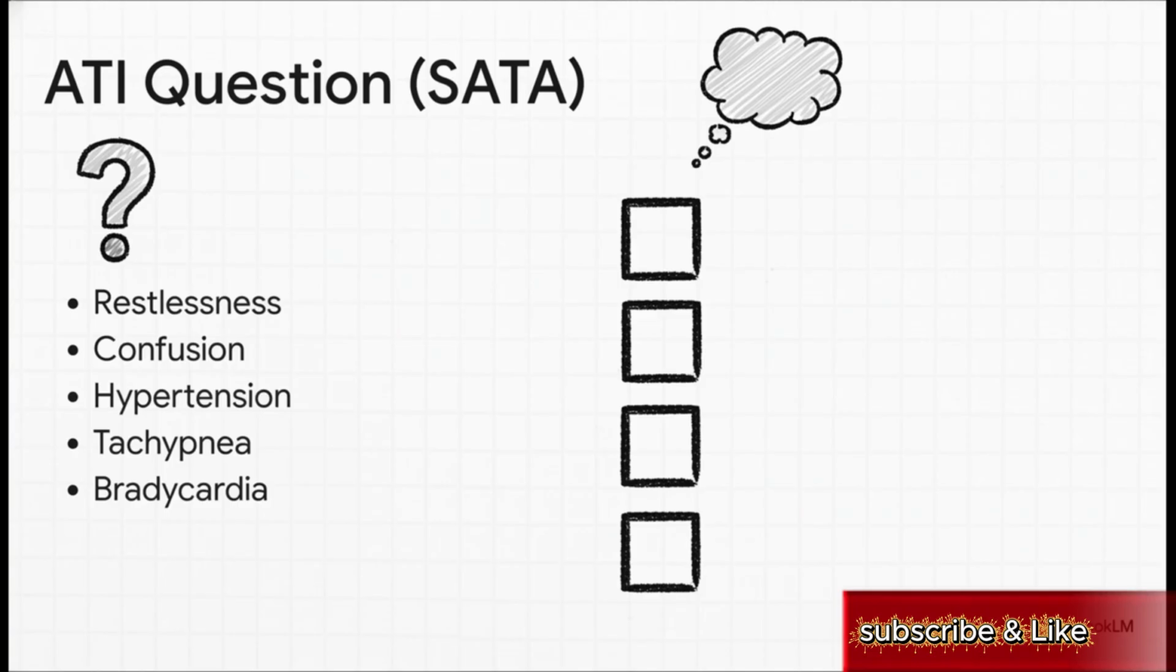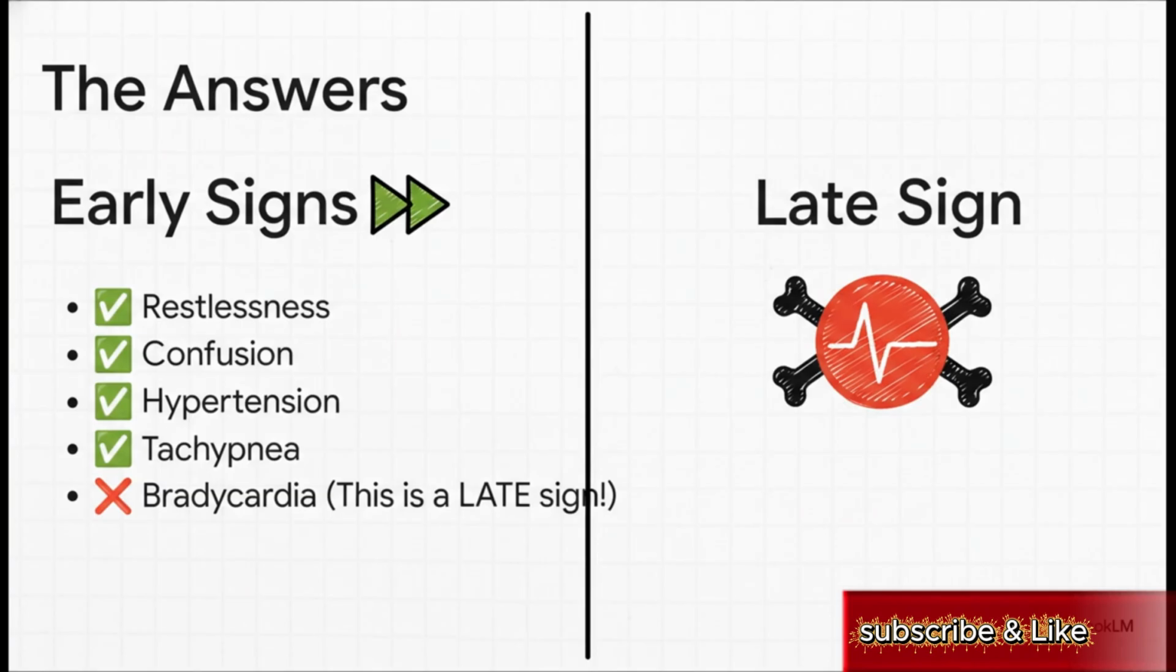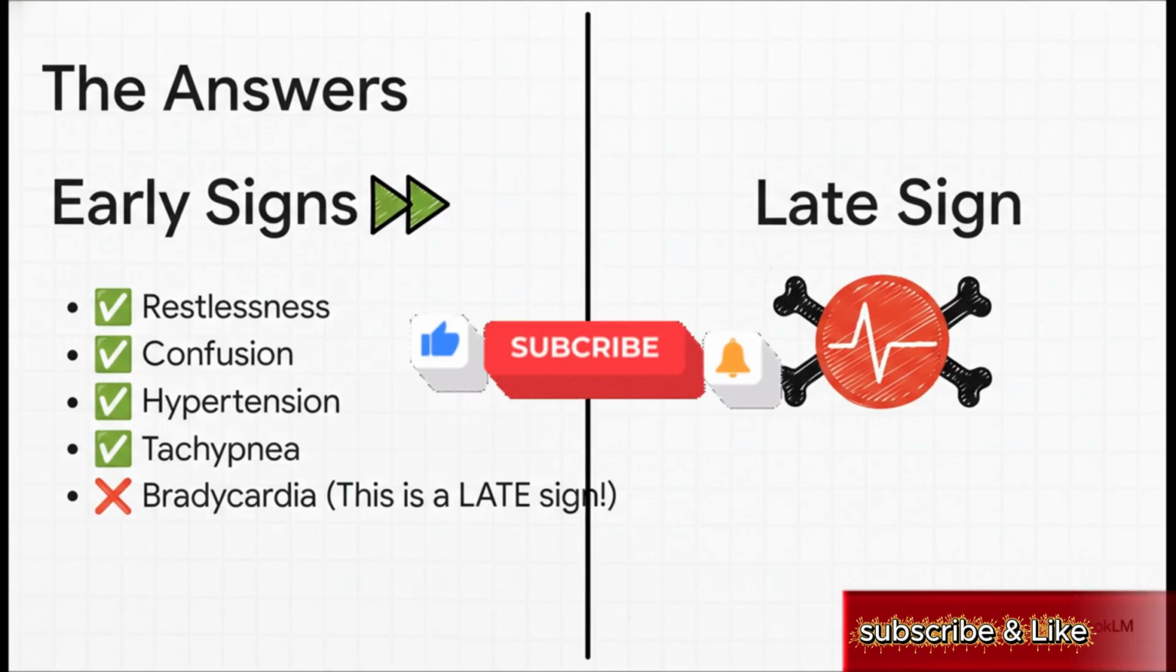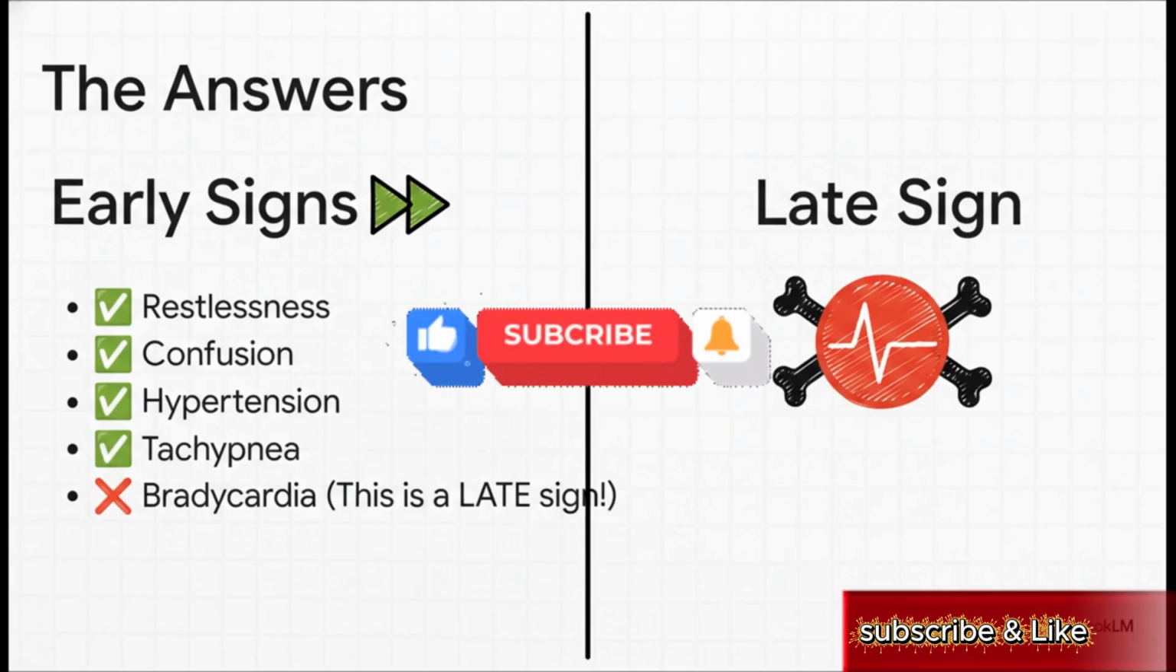Ready? Go. And the correct answers are restlessness, confusion, hypertension, and tachypnea. How'd you do? If you got them all, seriously, congratulations. You are well on your way to being a hypoxia expert. And hey, if you picked bradycardia, don't worry about it. It's a super common mistake. But now you know, a slow heart rate, that's a late sign, a very, very bad sign. It means your patient's body is exhausted and it's starting to give up. So remember the